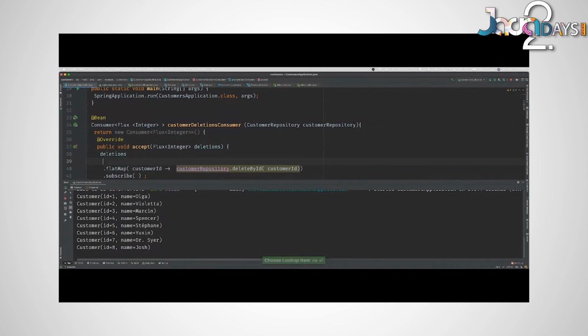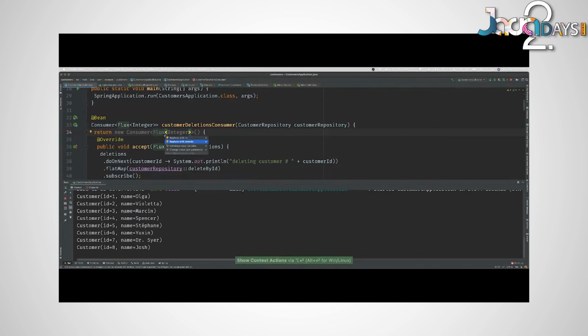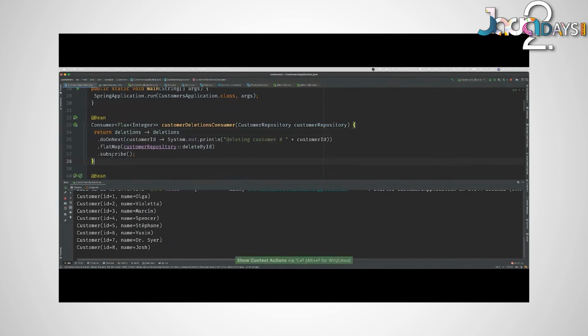I'm going to log out what just happened as well. So I'll say doOnNext, deleting customer ID. So you can do the same thing for the order service, right? And each microservice knows what to do. It knows what a customer deletion event means for the order service versus for the customer service, right? So very natural pattern. Okay, so let's go ahead and restart this one.